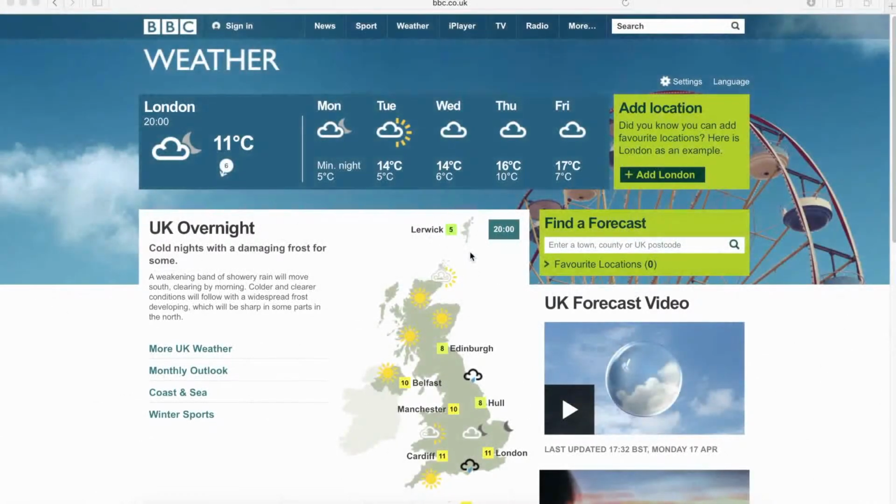When you're looking at your screen, it's possible to take something called a screenshot, which is in effect a picture of exactly what you see on your screen, and it turns it into a photo that you can then do something with. So on a Mac, what you need to do to take a picture of your entire screen is